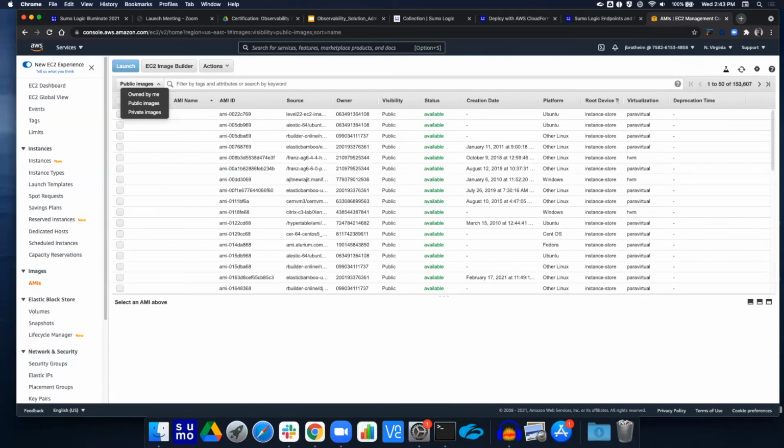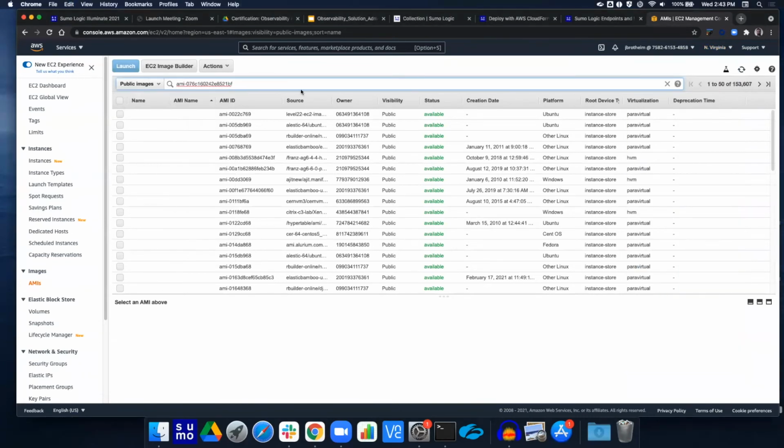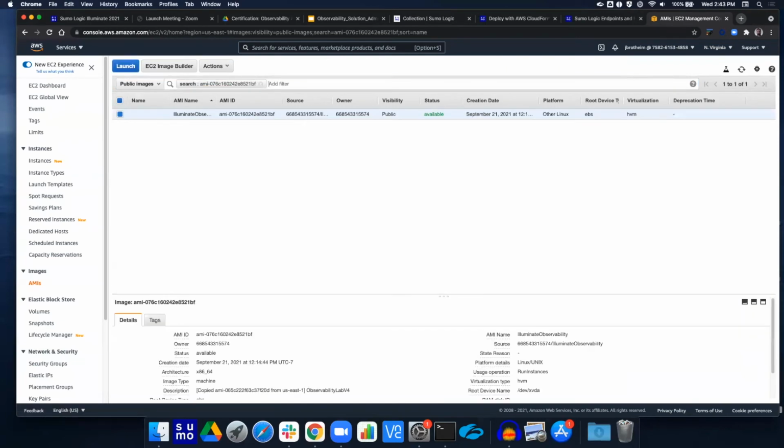region you're utilizing. So if you're in a specific region, go ahead and utilize that AMI. I am in US East 1, so I'm going to use that first AMI of 076C. I'm going to copy that, paste it in, hit enter, cross my fingers, and there's the AMI that I want to utilize. So go ahead and find the AMI that's appropriate to you. It's probably going to be US East 1 as well, but depending on where you are regionally, it might be different. But go ahead and select one,